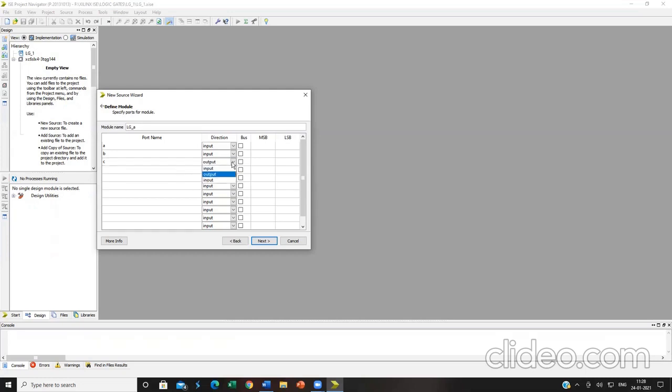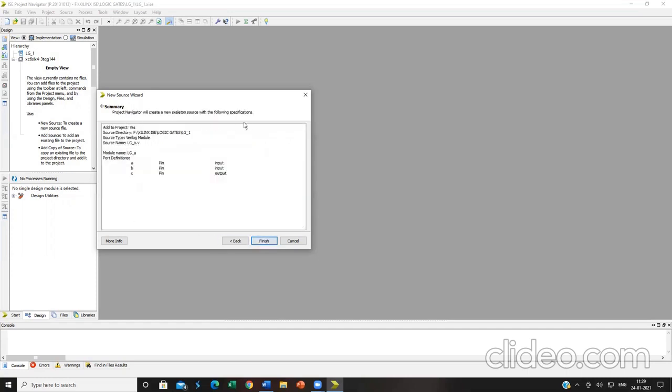If you click on this drop down box for each port, you will have these 3 options: whether it must be an input port, an output port, or an in-out port. For my present purpose, for explanation, A and B must be my input ports, C must be my output port. Once after this selection, click on next. Again, the project navigator summary dialog box will appear, telling me what are all the various